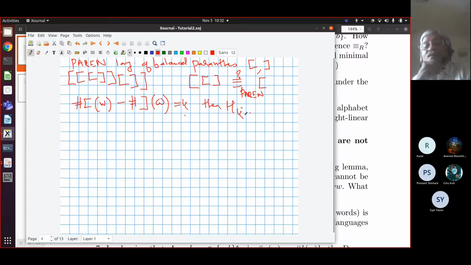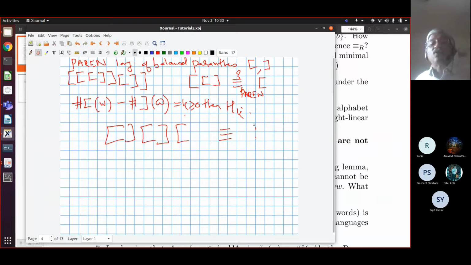Okay. So HK is the class of all strings where the difference is greater than or equal to 0, K greater than or equal to 0. Then for each such K, you get one equivalence class. So a string left bracket, right bracket, left bracket, right bracket, left bracket is also equivalent to left bracket, right? Do you agree?